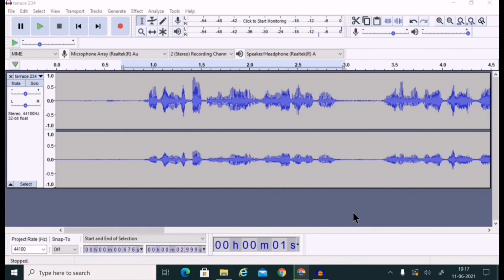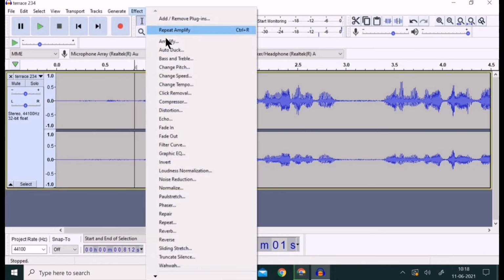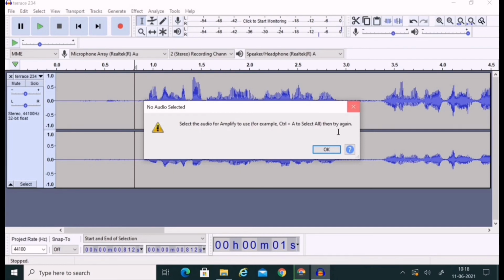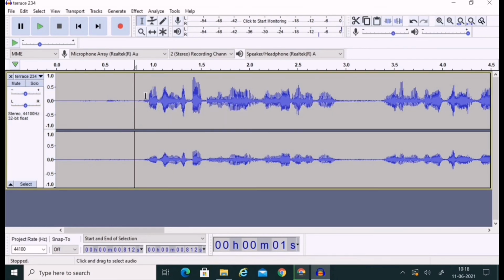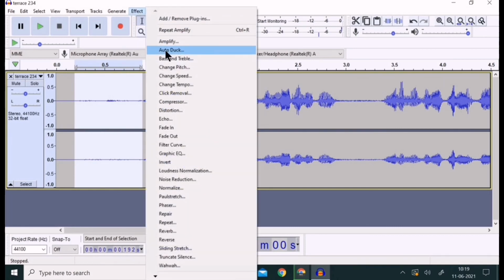So you could easily observe that we don't have much noise in this audio, whereas we had a huge noise in our source audio. So this way we can work. About the amplification factor, if you amplify this voice, the minimal noise over here will also get amplified. If you don't want that noise either, you can again go for noise reduction, but go for noise reduction before amplification. You can go for any number of noise reductions, 1, 2, 3. You can go for infinite numbers of noise reduction.